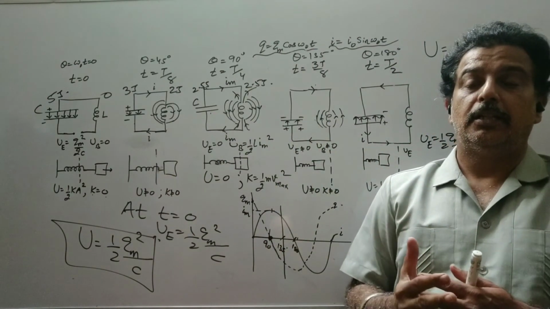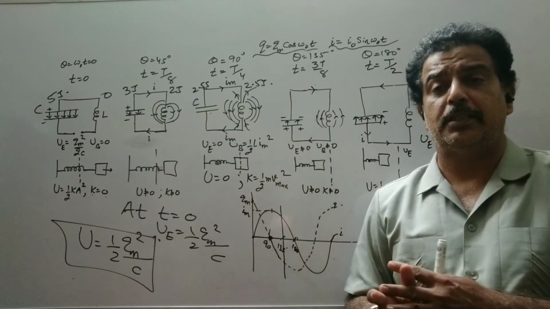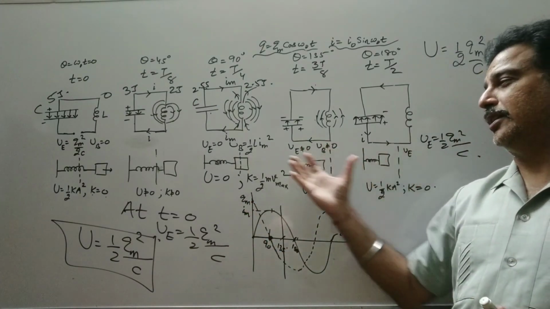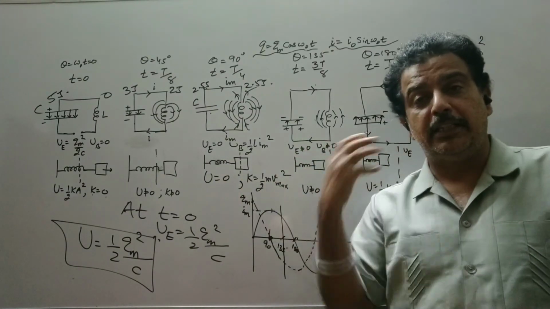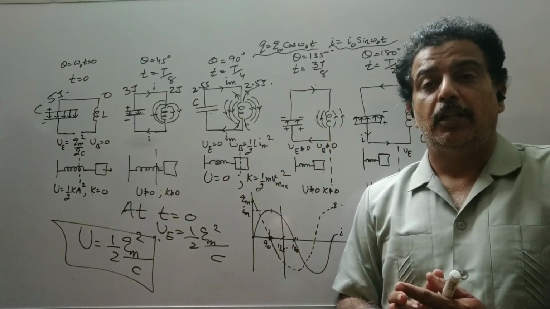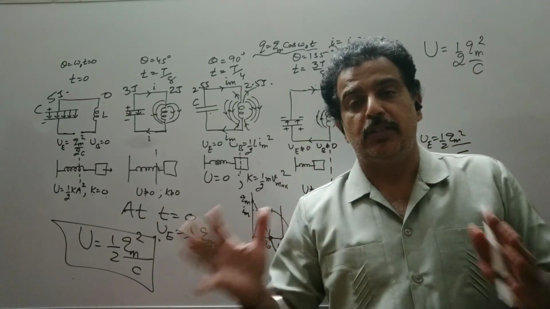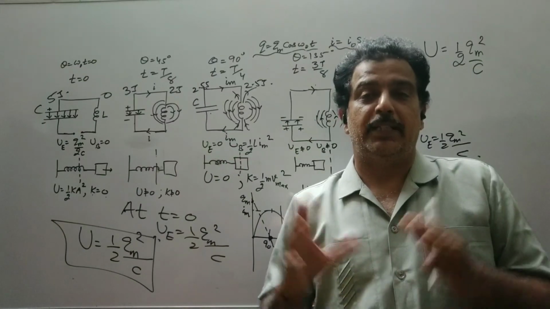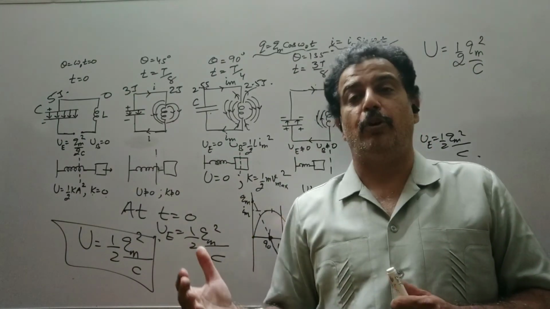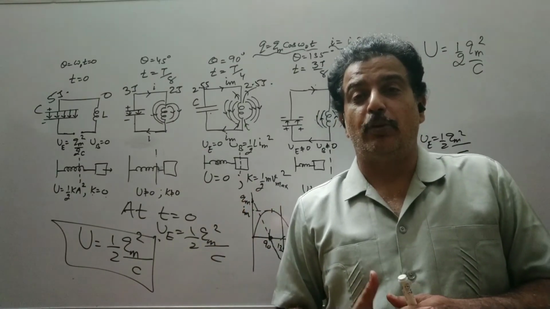In the next lecture, again we will discuss some losses. There are some losses in the circuit. This is an ideal situation. We assume that this spring-block system will keep on oscillating, but actually it is a damped oscillation. After a few intervals, this oscillation dies down, but energy is neither created nor destroyed. So this energy is not dissipated in the form of heat. This energy is emitted in the form of electromagnetic radiation.